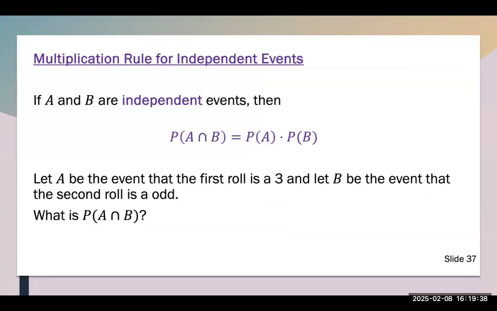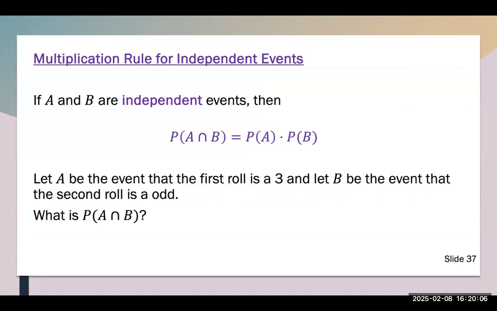When we have independent events, two events A and B are independent, then we have this special rule. So we had a rule with mutually exclusive events and it involved or. And or became addition. Here, and becomes multiplication. So if you have independent events, the probability of A and B is equal to the probability of A times